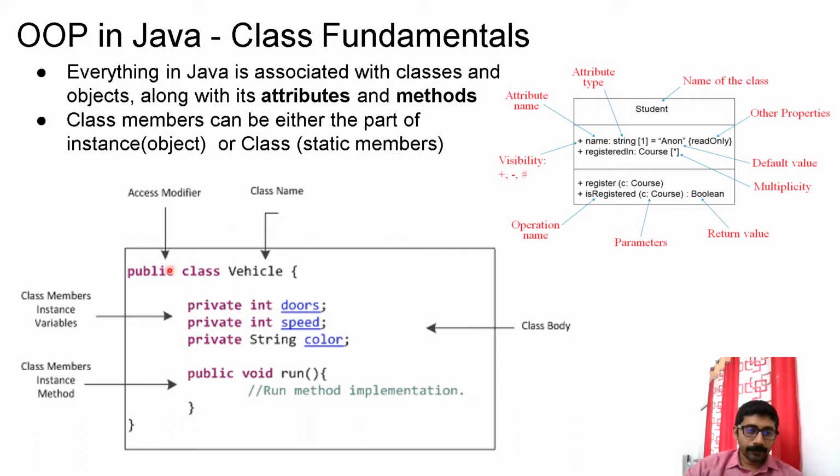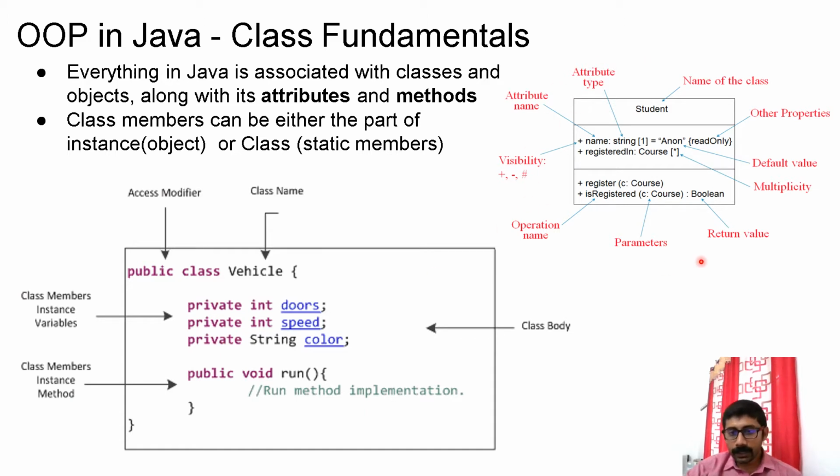So the syntax, you can use the access modifier. A class can be public or default, so you may or may not mention the access modifier here. Then the keyword class. Then you can give a class name. Then within braces, you can give the class members. Then you have to close the braces. A class can have 0 or more members.